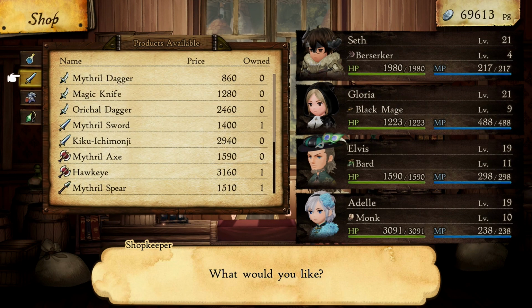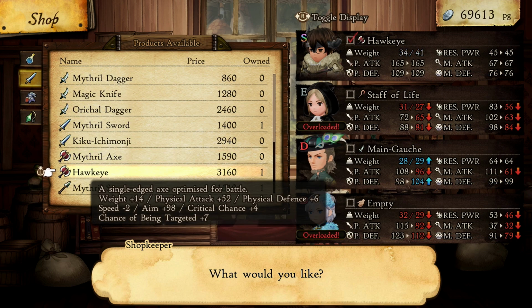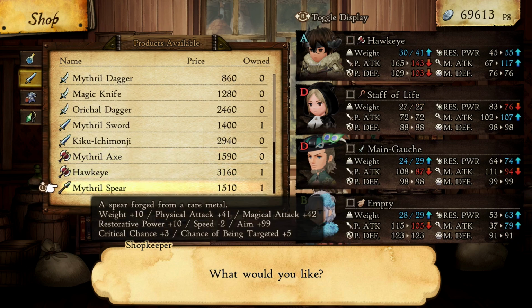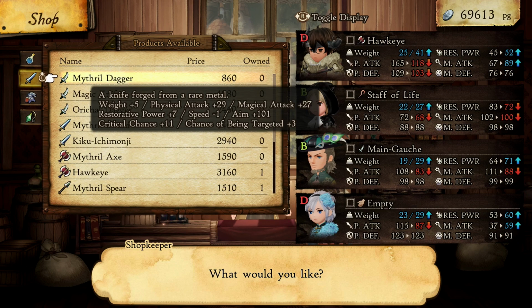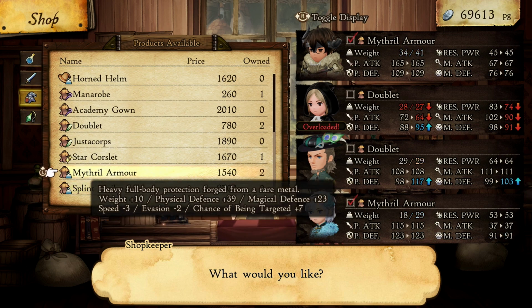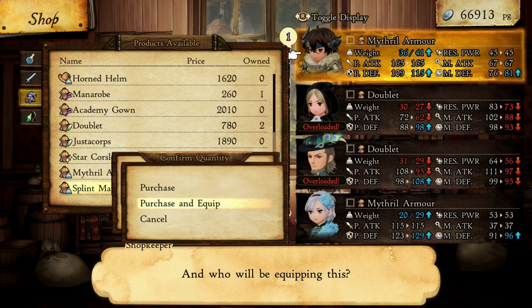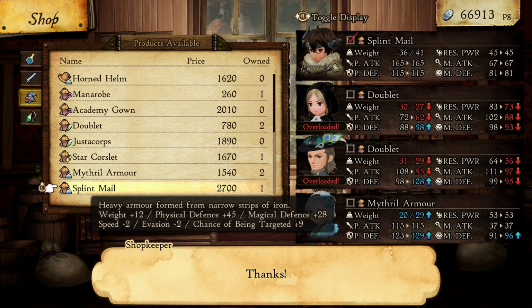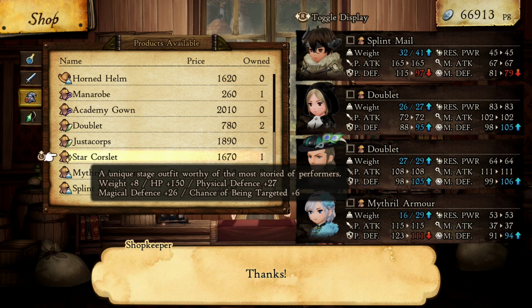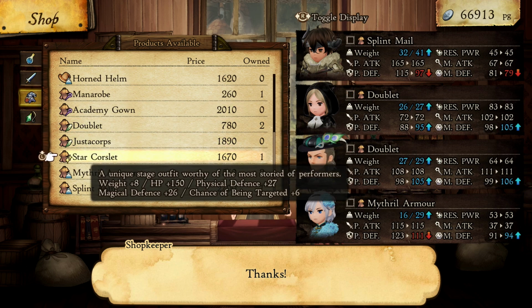stuff up. Let's check out some new weapons. I want to use a sword so bad. I just don't have anybody that uses it right now. Hawkeye's cool, but I still have just a better axe. I'll hold off on that for now. We can get this splint mail here. Purchase and give to him. This lowers speed, so I do not want to give that to her. I actually want to increase speed as much as I can. Do I have anything that does increase speed? No, but...